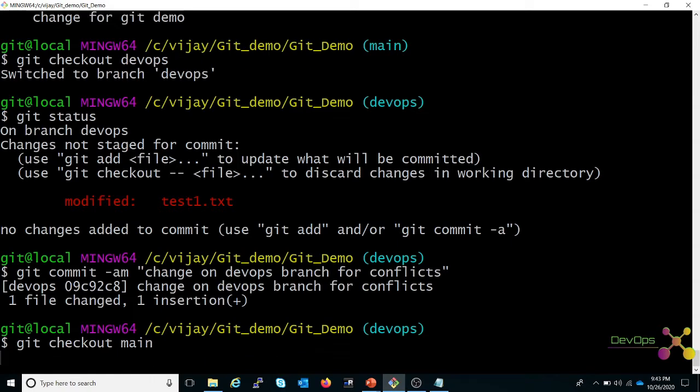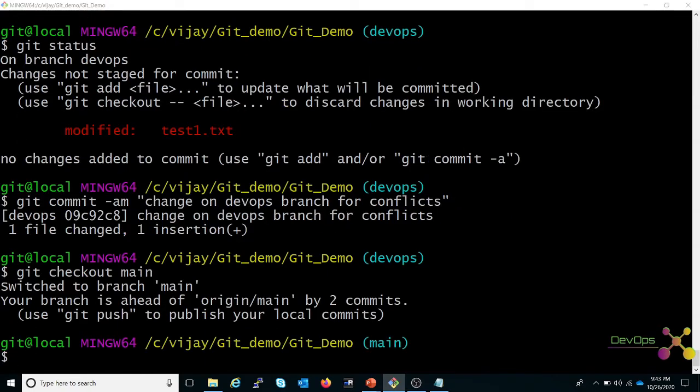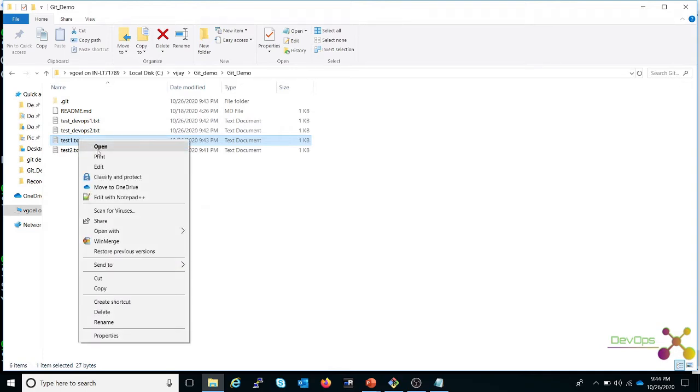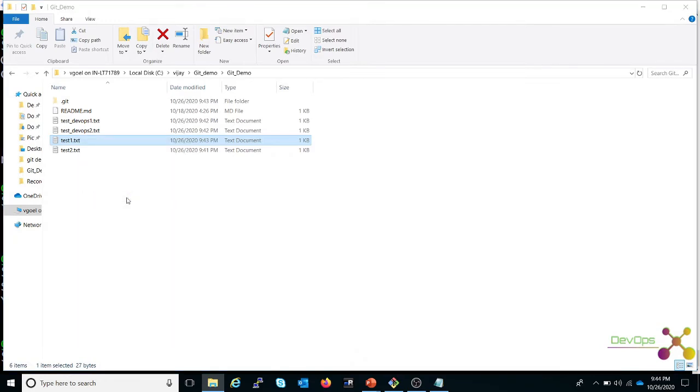Now I am switching to the main branch. In main branch also we have test1, because we have already rebased our DevOps branch with main, so all the files which are present in main have come to DevOps.